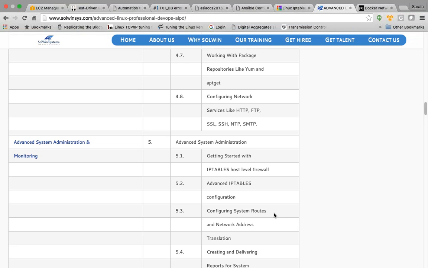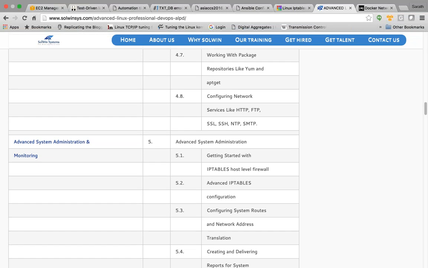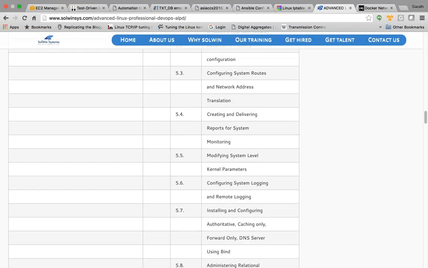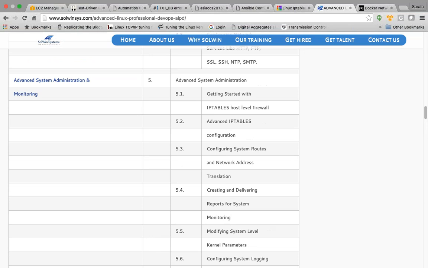We will learn firewalls in detail. We will learn how to make a server act as a router, so the server can sit in between two networks and act as a router. Don't worry if I'm using several terms which are pretty new to you. As soon as I complete walking you through the course content, I'll be starting today's demonstration class, and I'm sure you will get a lot of concepts nailed down today itself.